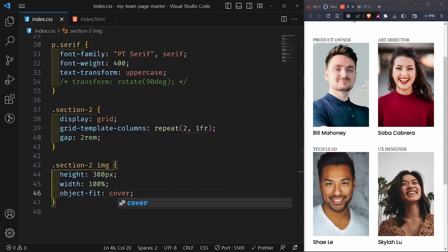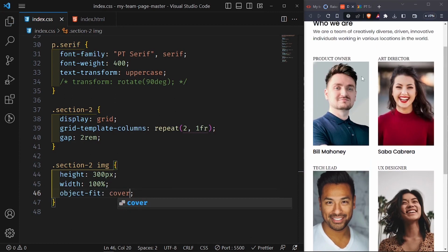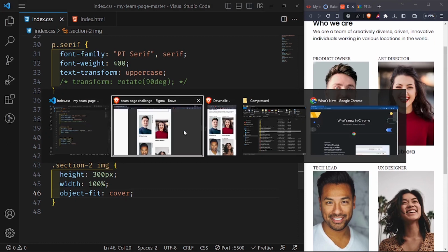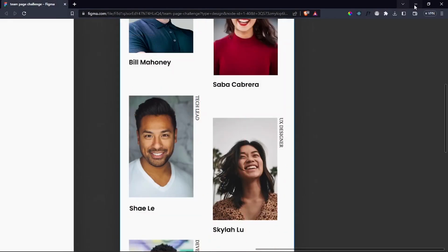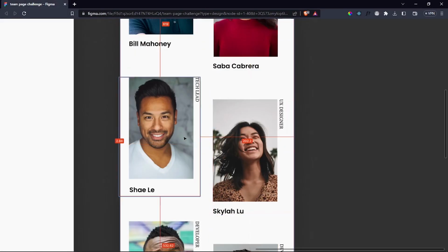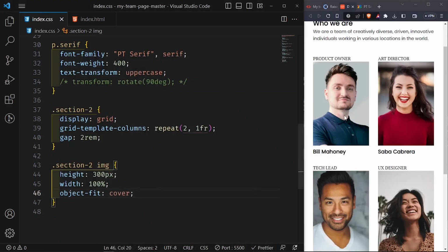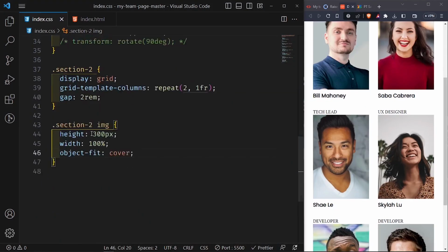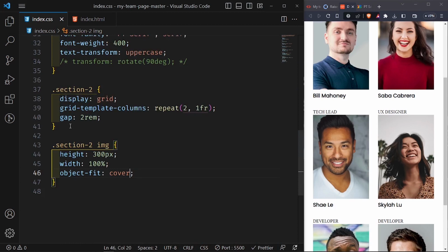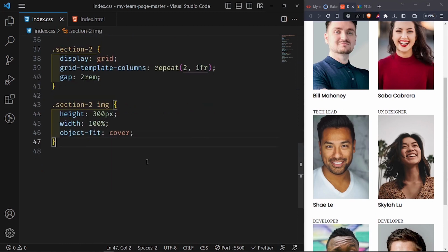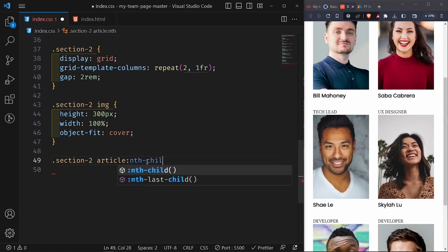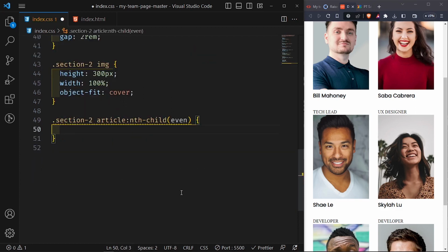Okay, and then what we need to do is, for every second article on mobile, we need it to push downwards just a bit. So 1, 2, and then 3, 4, and so on and so forth. So what we're going to do is this. Let's go below this. Let's say that for section 2, for every article that is the nth child of even, meaning for every second article, then we want to say transform,